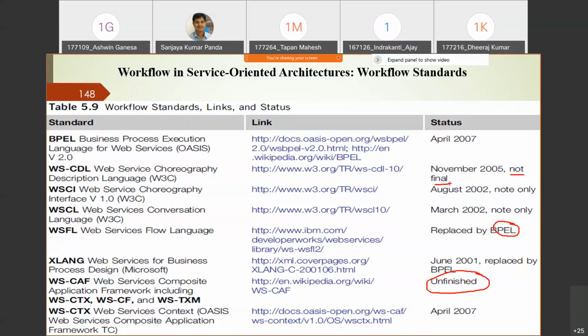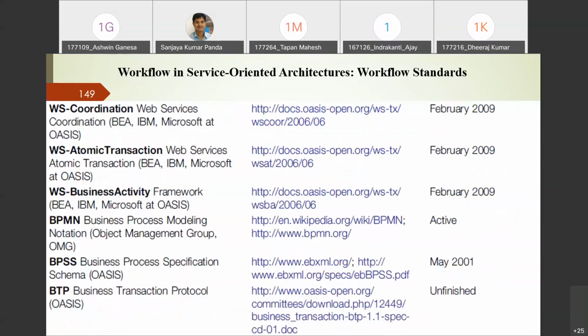Other standards you can see are WS Coordination, WS Atomic Transaction, WS Business Activity, BPMN, that is Business Process Modeling Notation, Business Process Specification Schema, and Business Transaction Protocol. These are the various standards.